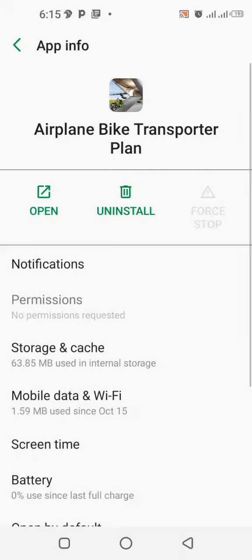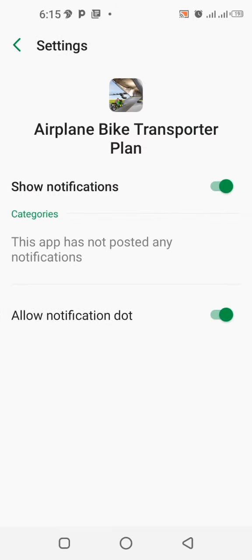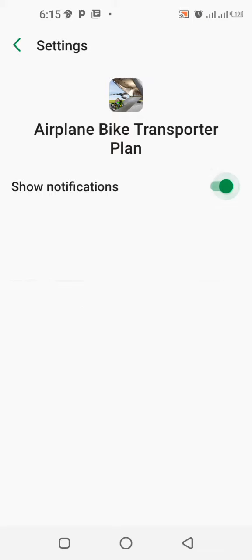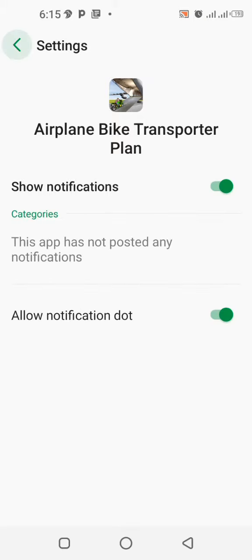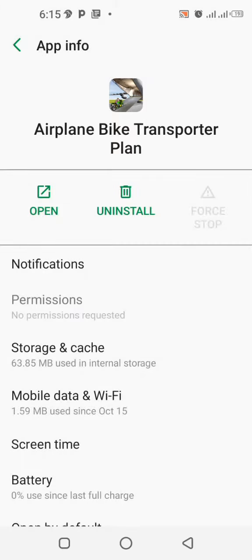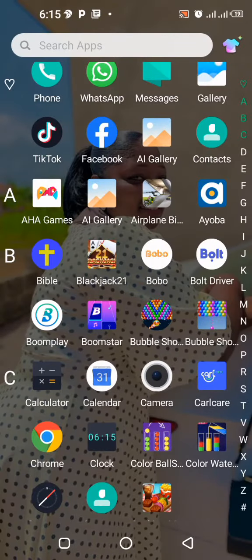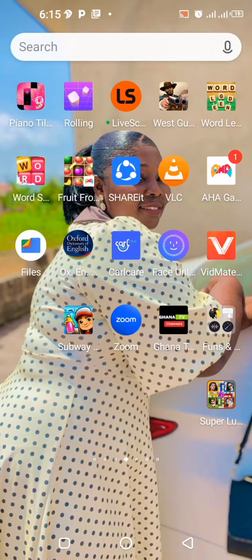After doing this, what you have to do is to tap on notifications and make sure show notification is toggled on. So after turning this on, what you have to do is to check for the latest update on Google Play Store. So open Google Play Store, then after that search for the name of the app, then tap on the update button. So after tapping on update, what you have to do is you have to